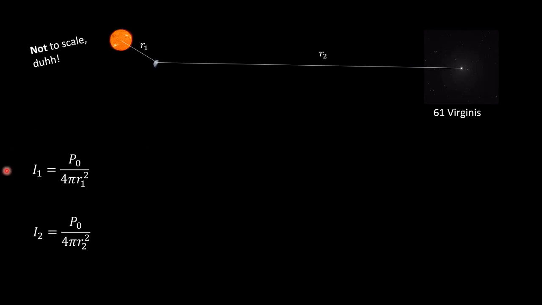So why don't we now take the ratio of these two equations because that will eliminate the source power. We don't actually need to look at that number. We can just eliminate it when you take the ratio. So what I've done is I've taken the bottom equation and divided it by the top equation. And I find that the ratio,